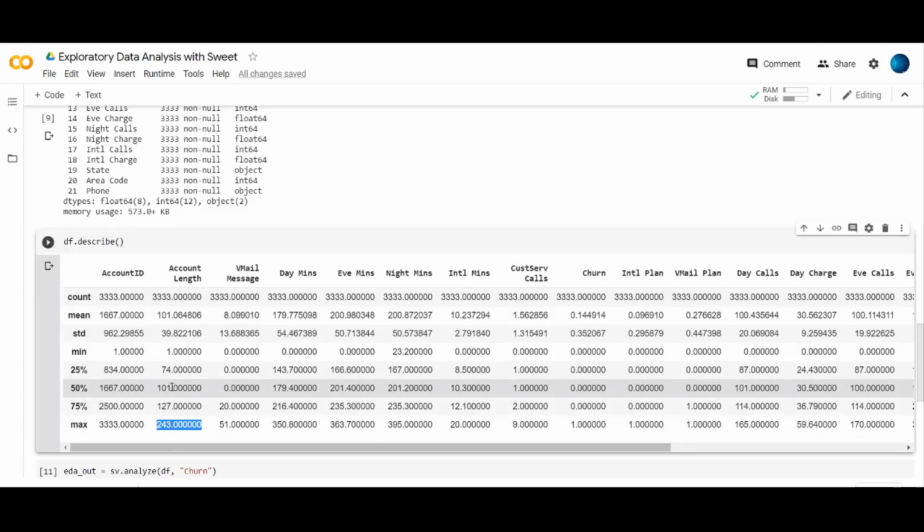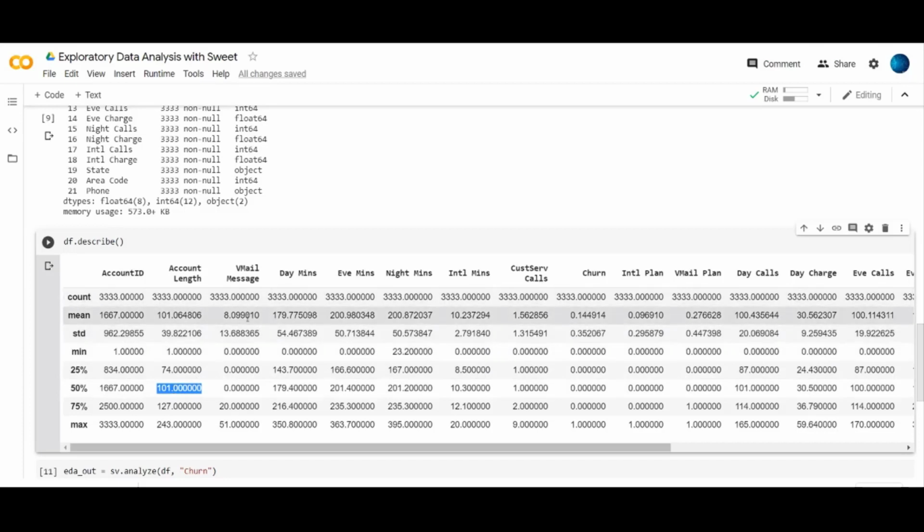And look at the 50th percentile also. The 50th percentile is also 101 months, which means there is no outlier in this data set. When the mean and the 50th percentile are same or almost same, we can be sure whether there is an outlier or not.